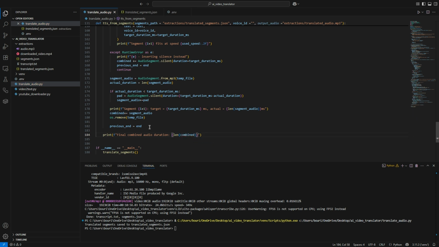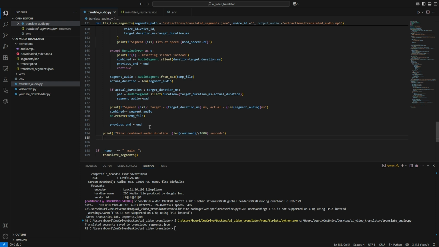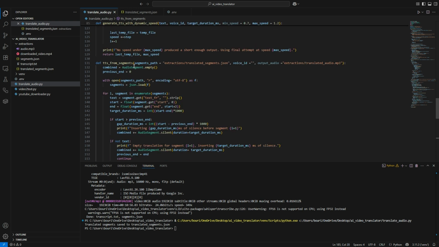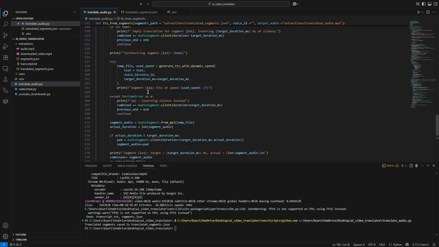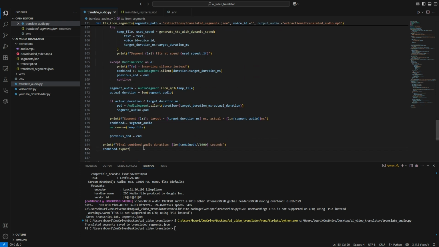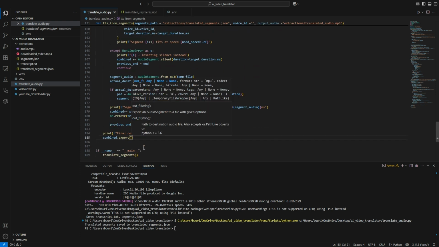We divide per 1000, and here we got the seconds, and combined.export. Combined is of course an audio segment instantiation. This is why export, and we got the output audio,